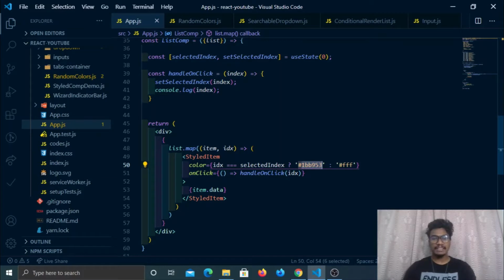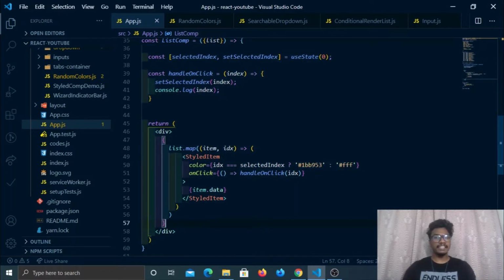And in the next iteration, idx is 1, and is 1 equal to selectedIndex? No, selectedIndex is 0. So what is it going to take? The other one, which is white, FFF. So for the 0th element, it takes the green color 1BB953, and for the rest of the things it's going to take the color white. So this is the thing.